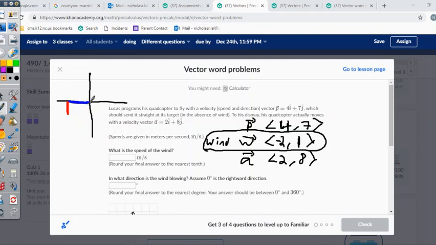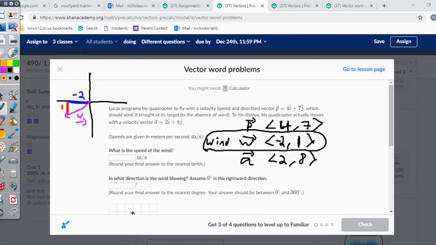And then this is our vector W. Or vector, yeah, so that's vector W. So let's find the magnitude, all right? The magnitude, if this has a value of -2, this has a value of 1, it's just the hypotenuse of